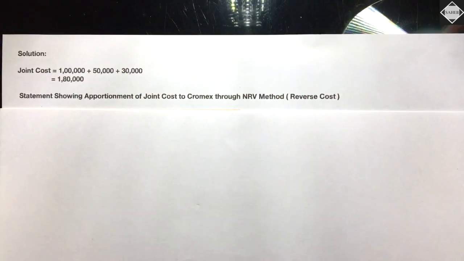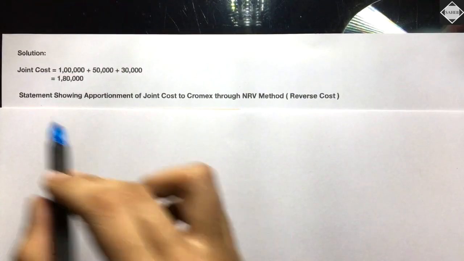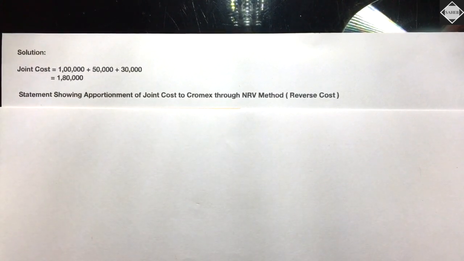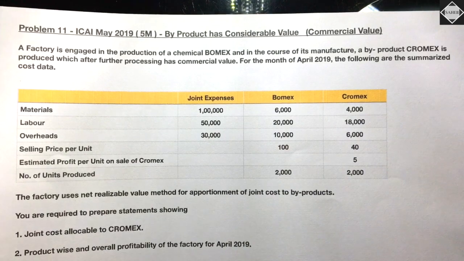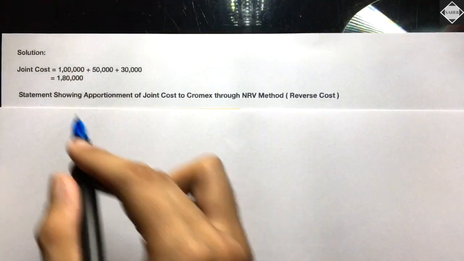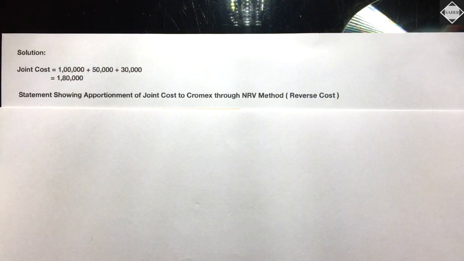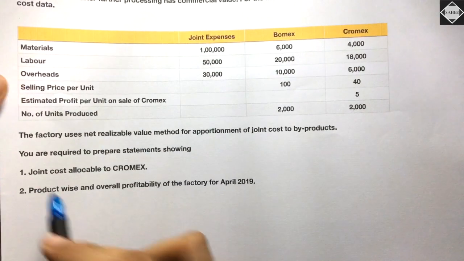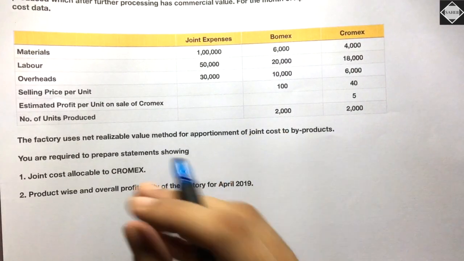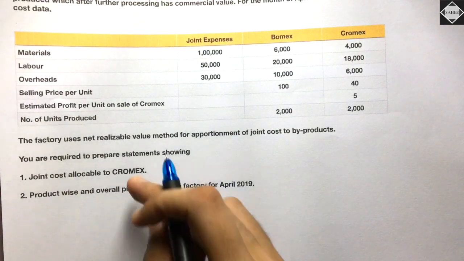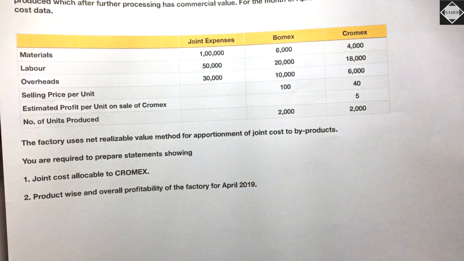Now here we have the solution. The first thing at the top is the total joint cost, which is given in the question. 1 lakh plus 50 plus 30, that is equal to 1,80,000. That's the total joint cost. Then we start with the first requirement, joint cost allocable to CROMX. We have to apportion the joint cost to CROMX because here CROMX has commercial value, so we are treating it as a